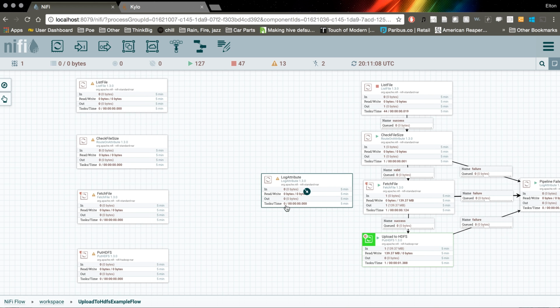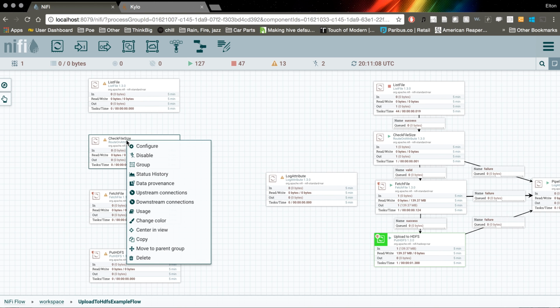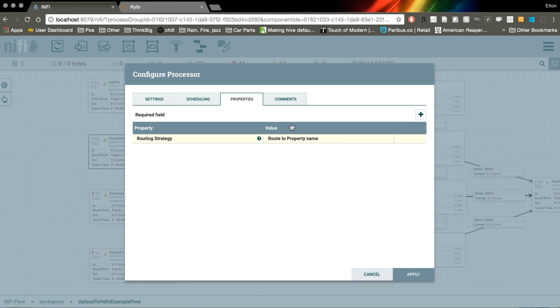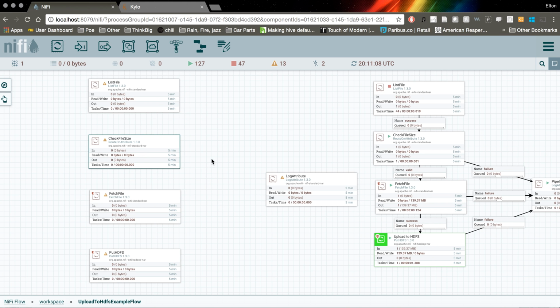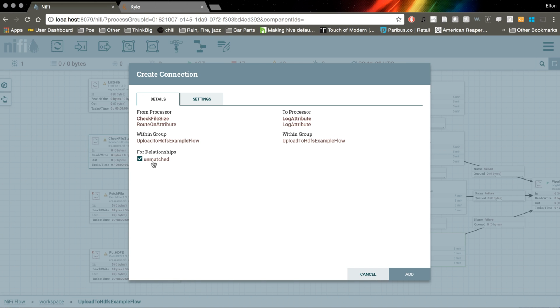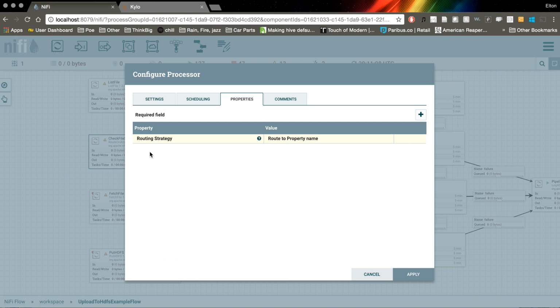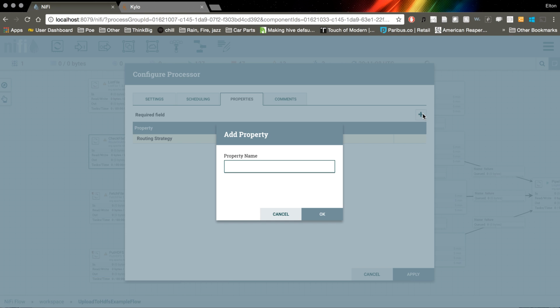So with all 5 of our processors that we intend to use here laid out, before we can start connecting them to one another, we need to go into the check file size processor and make one edit to this so that it has more than one output route. As you can see right now, if we try to connect this processor to any other processor, the only relationship we have is unmatched. So we need to add a relationship that says